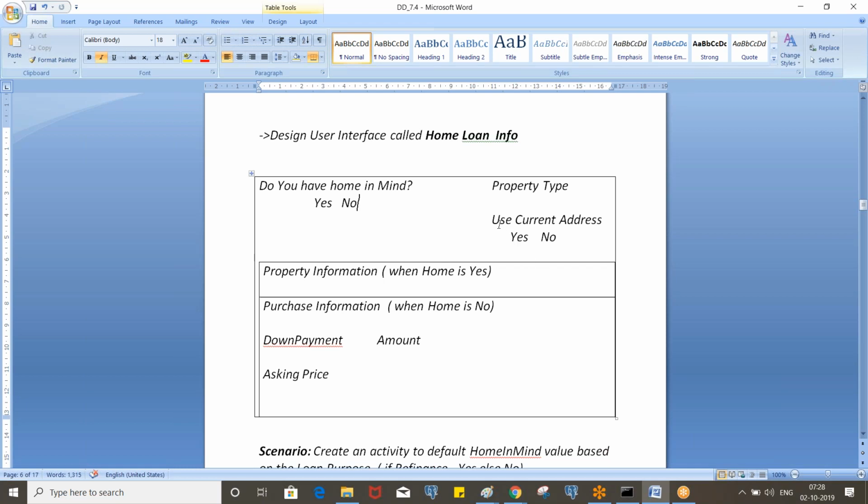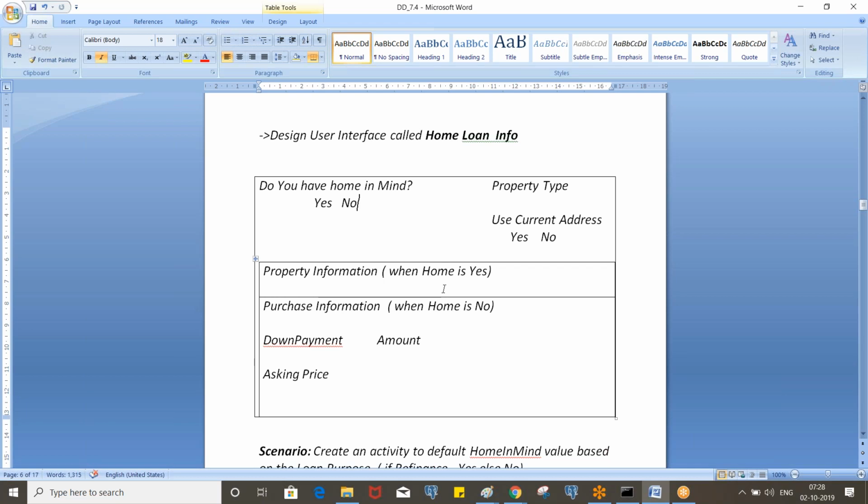If the borrower selects use current address as yes, you need to copy the current address details from the borrower details screen to here. If use current address is no, then you need to edit the details and enter the address. Clear?